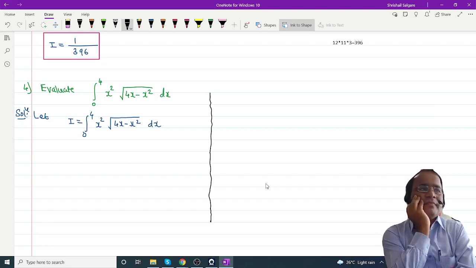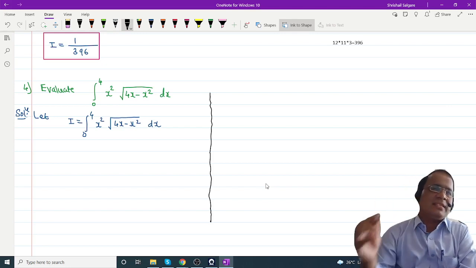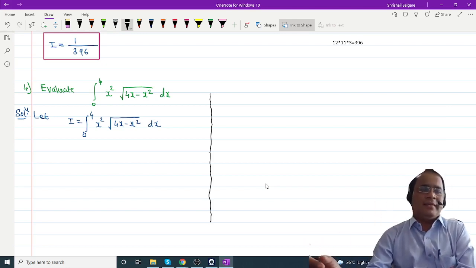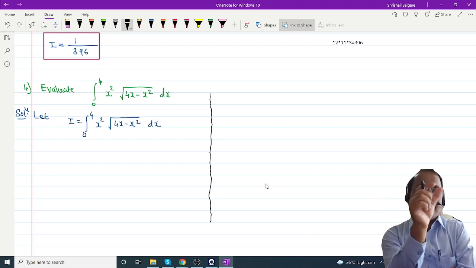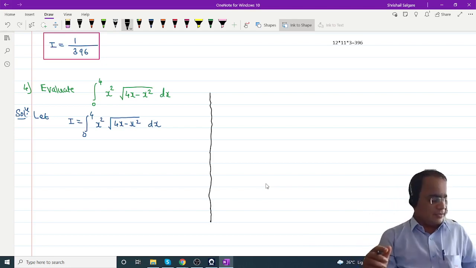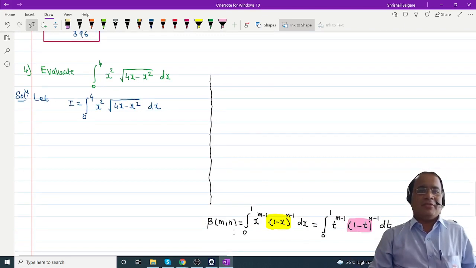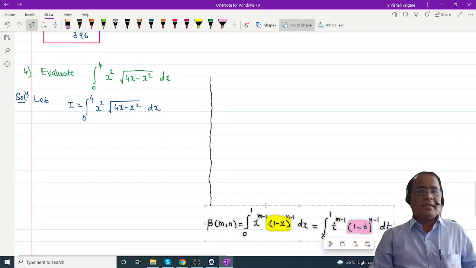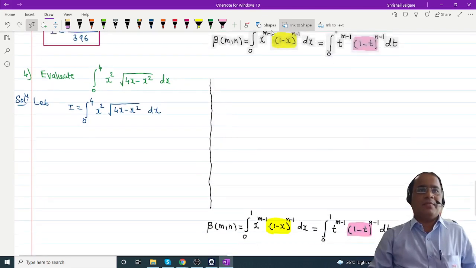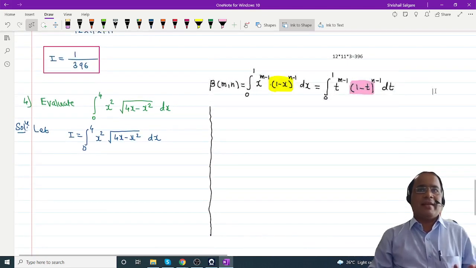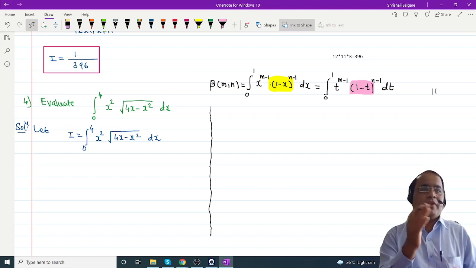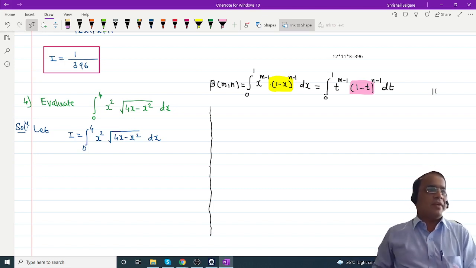x is equal to 4t. Now see, the 4x term is there. My target, once again I will show the definition. I will scroll up a little bit. My target is to obtain that highlighted by pink color, 1 minus t. If you substitute x is equal to 4t, I think it will not come, because 4x is there. Okay, any further suggestions?